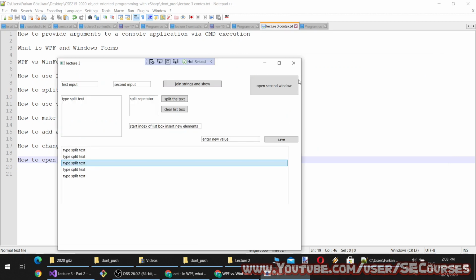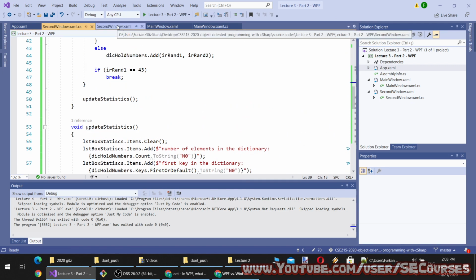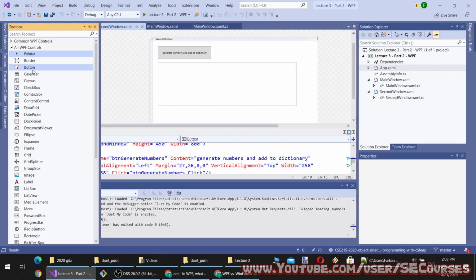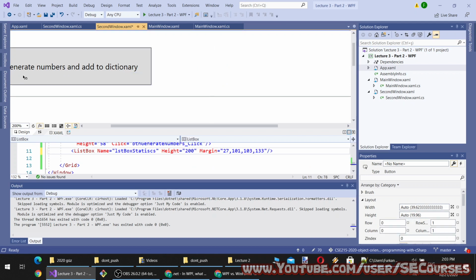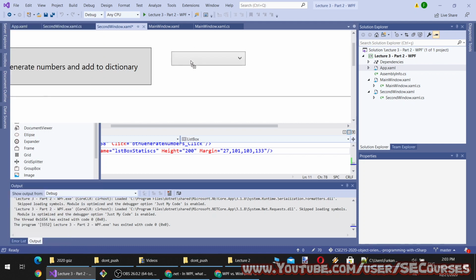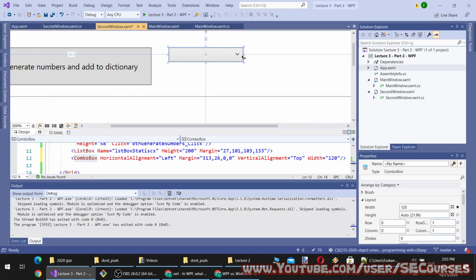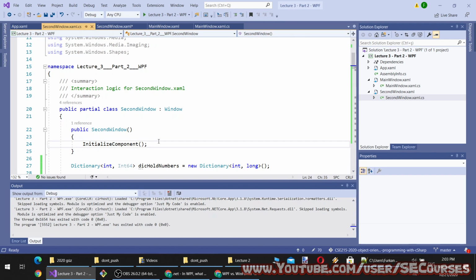Okay. All right. Second thing, I am going to add a drop down box for this. A drop down box is named as a combo box in WPF, and in ASP.NET it is a drop down list. So the name will be sort order. All right, I am going to add some values to this one in the initialization.